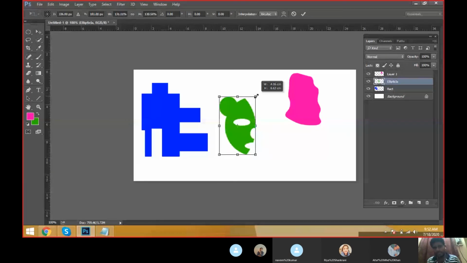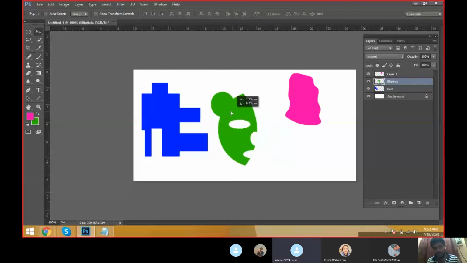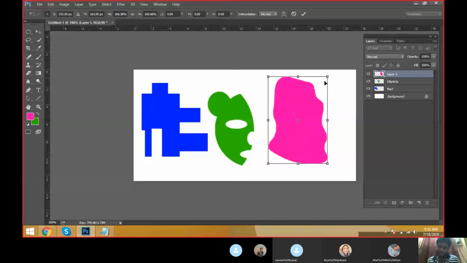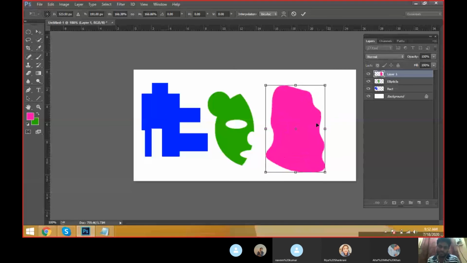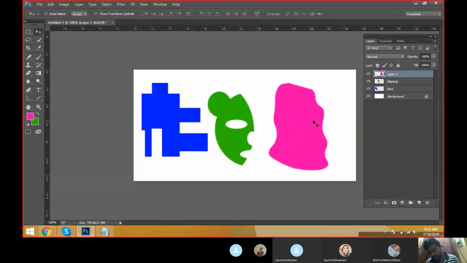We can transform it to the one corner. Take any corner, one of the corners, and just double click on the object, then automatically it will be activated. Here also, Control T transform, just transform it, hold Shift plus Alt and drag into one of the corners, then double click to activate this transforming, or otherwise you can use the Enter key on the keyboard.